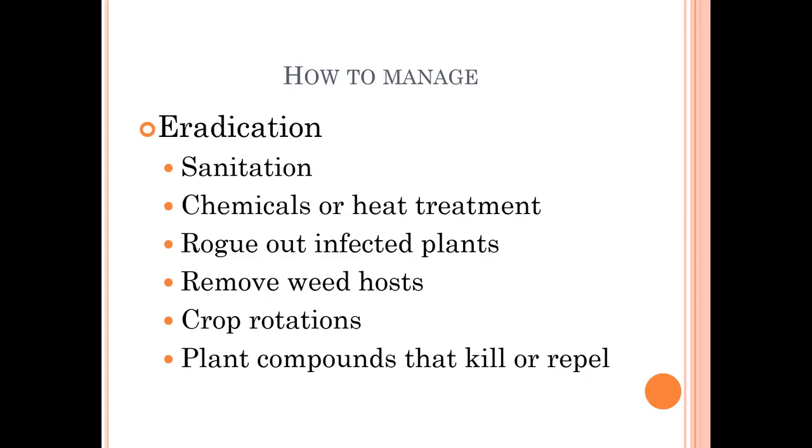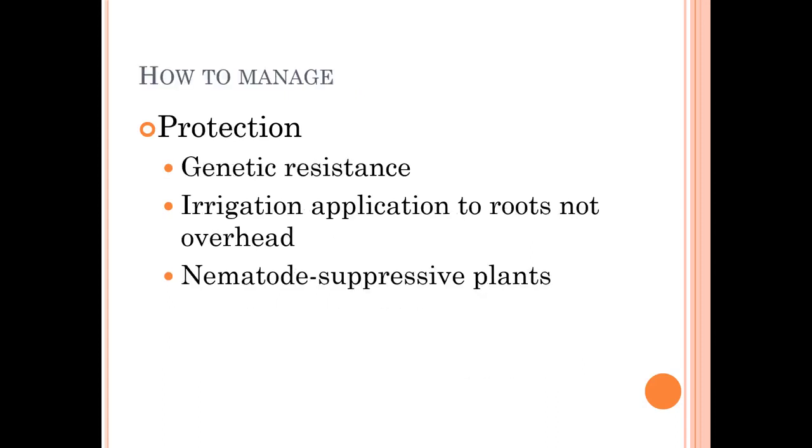The important thing to know is, it's marigolds, and you have to pick the right marigold for the right nematode, so you need to make sure you know which one you have. And it's not a matter of just interplanting with marigolds. You're going to need to do a cover crop of marigolds to really be able to manage these guys or repel them. And finally, protection. There's some things that are genetically resistant. Some of them are tolerant. You want to irrigate to the roots and not overhead because you can spread it through water. And then, as I just mentioned, nematode suppressive plants.